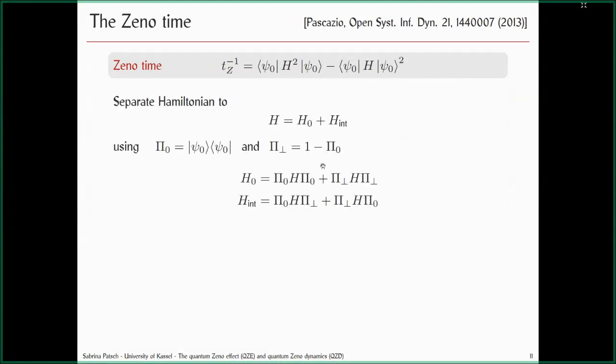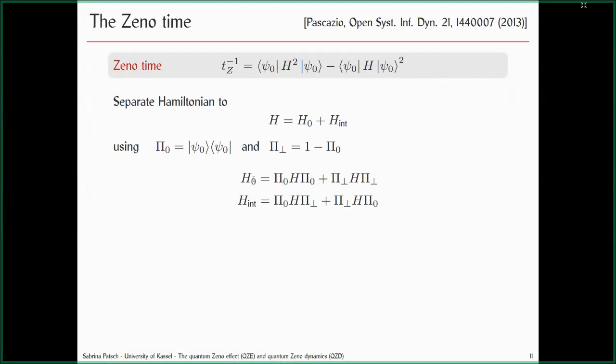What we can do is rewrite our Hamiltonian. We separate it into two different parts, where one is called H0 and one is an interaction Hamiltonian. And we can do this by defining two different projection operators. One of them is the projection onto the initial state, so the psi 0. And the other projection operator is the projection onto all other states. So it's 1 minus the projection onto the initial state. And then we see that H0 is simply